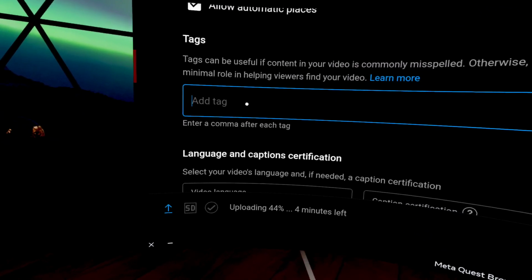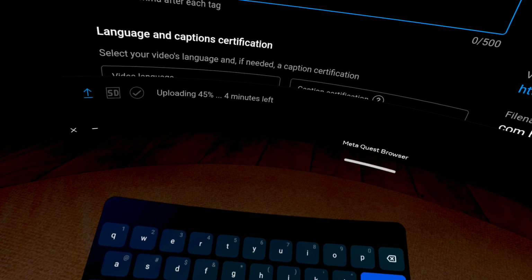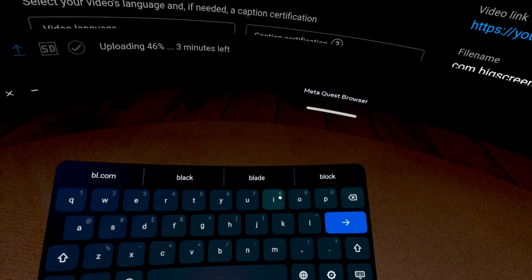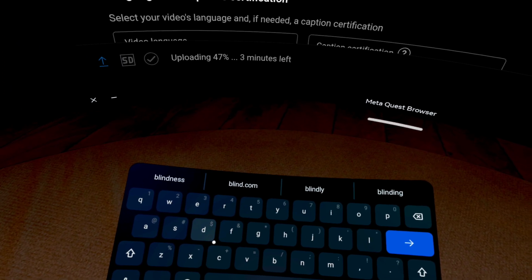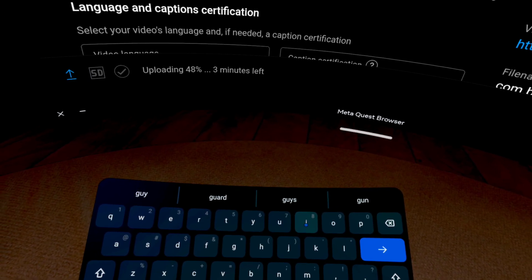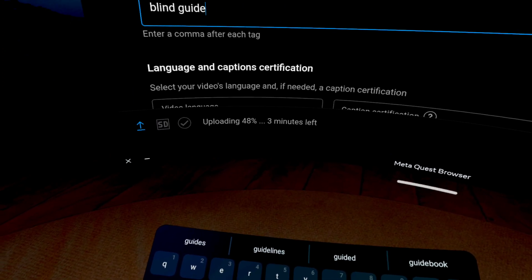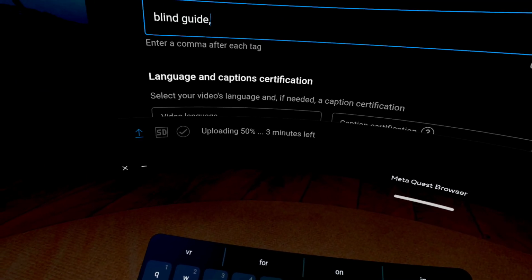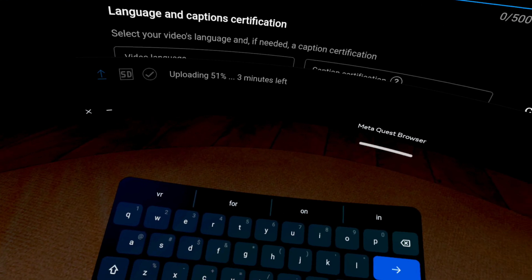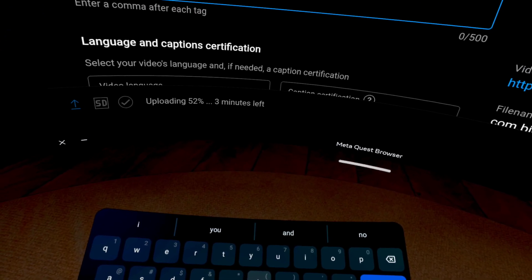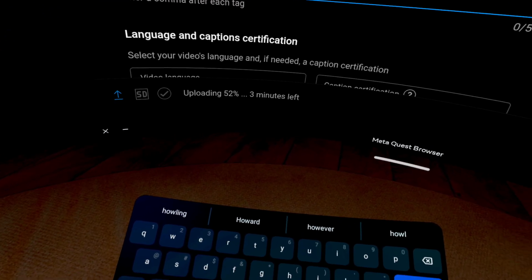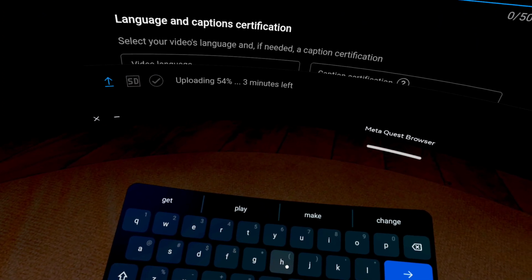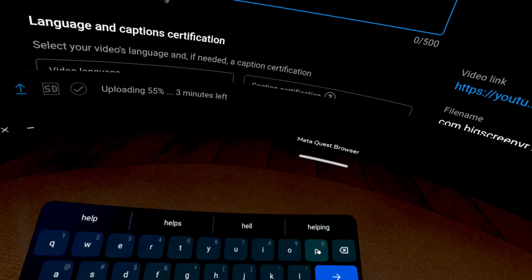Tags. This is where you put in keywords. So like, oh, what would I choose here? Blind guides. Or blind guide. There we go. There is a character limit, but it's quite large. Another phrase. How, something that would be related to the video, obviously. How to help